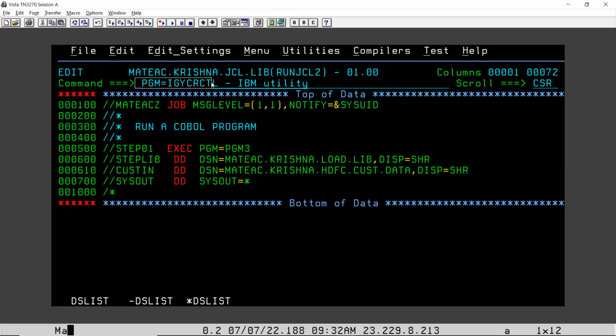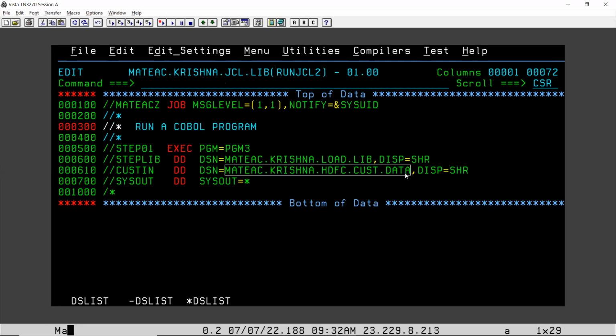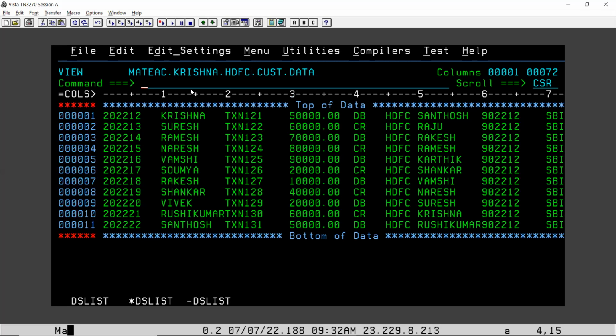We give our COBOL source program as input and it gives the machine code as output. So to run anything on the mainframe, we need the JCL. Apart from that, we also give input to the program from the JCL. We are writing PGM3 to read the file. What is the file? This is our file name, metac.krishna.hdfc.first data, on the second screen. So I am giving this file